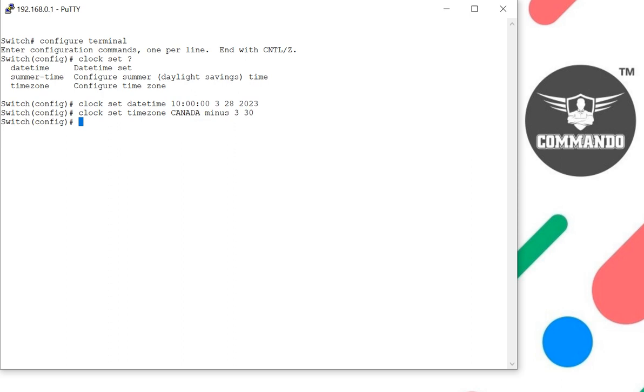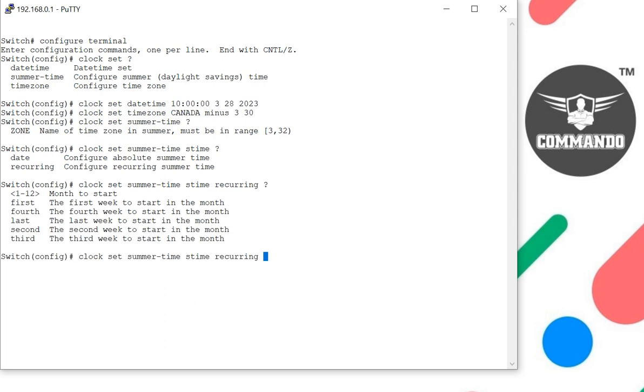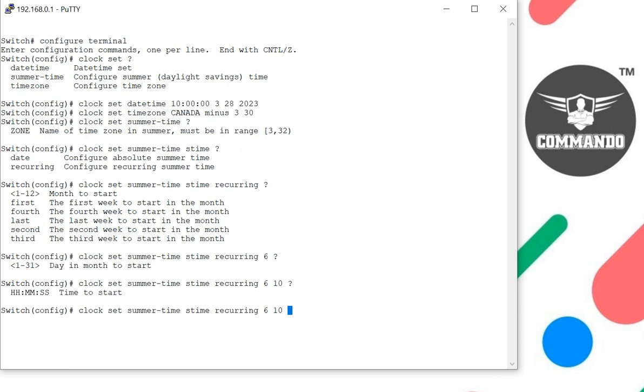So how to set this summer time? Clock set, summertime. You can give the name, let us say S time, and you can say recurring, and set the month start, let us say 6 months start, and you can have the date on which, let us say on 10th it starts. Time also you can give. So at 2 AM in the morning,